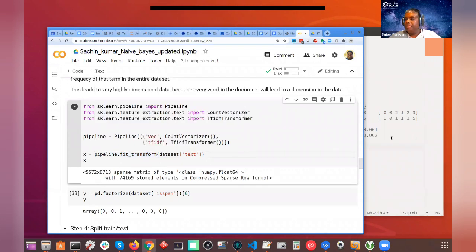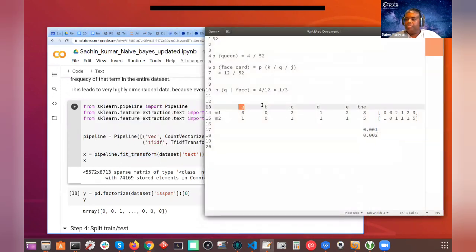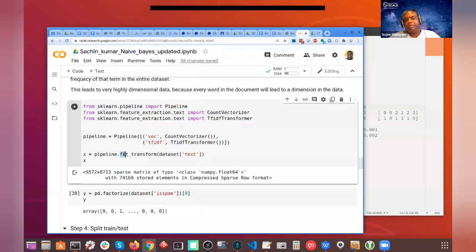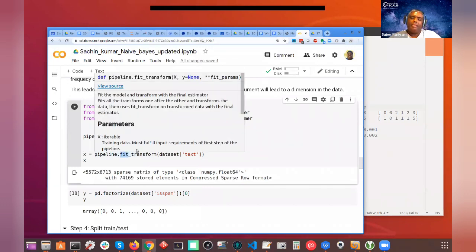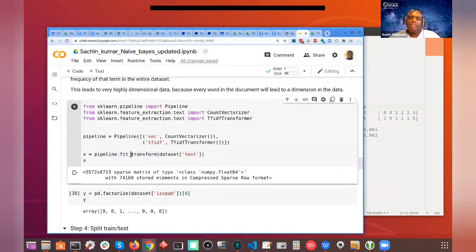Because you first need to find all the unique words in all the documents, put them in alphabetical sequence, and then sequence them into columns. That's why you need fit. Once you have looked at the entire data, then you can do transform.